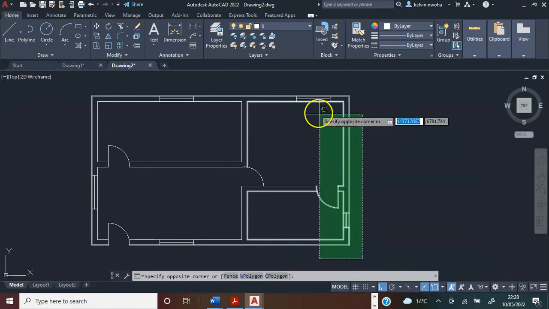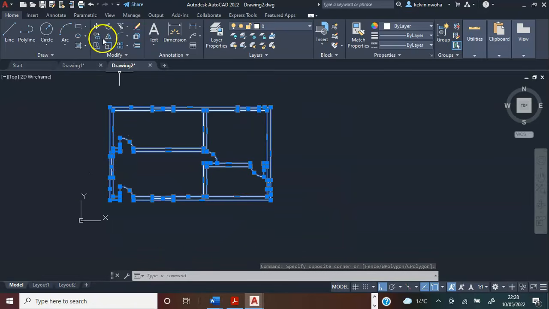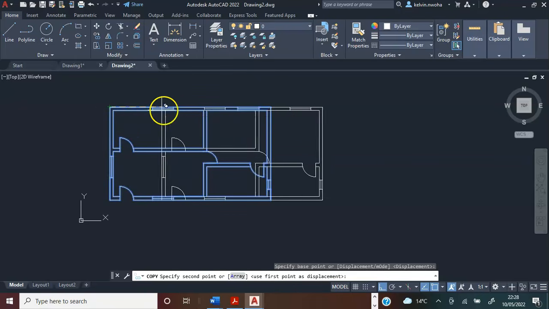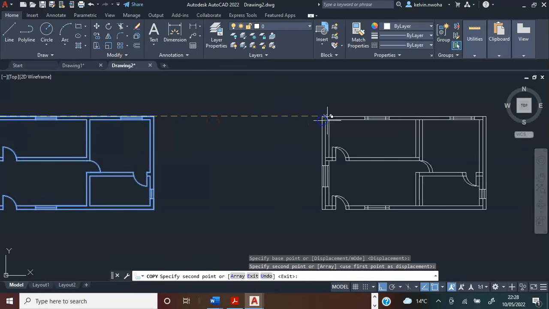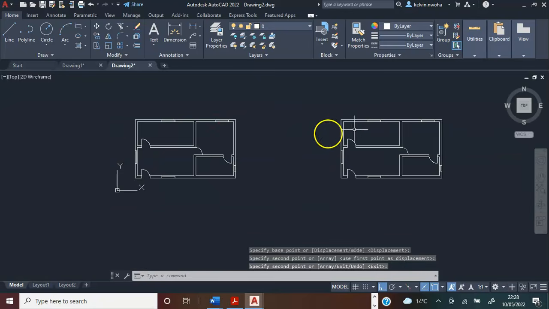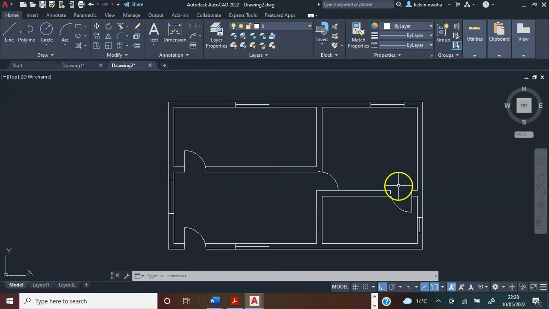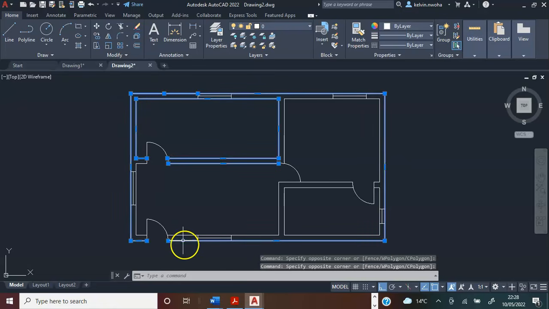Next, highlight all the house plan. Next, press copy or type copy on the keyboard. Next, click any part of the house plan and move it towards the left or the right. Click and enter. Now we have two copies of the house plan. Next, this house plan, I will highlight all the walls